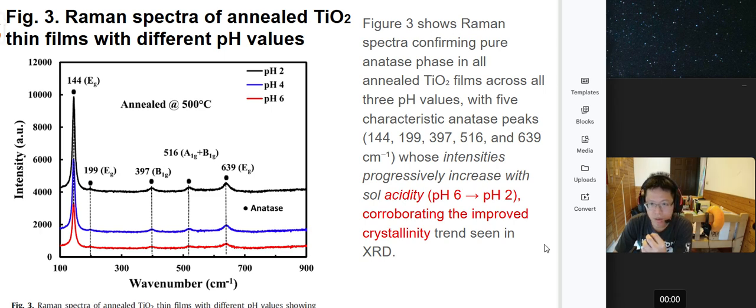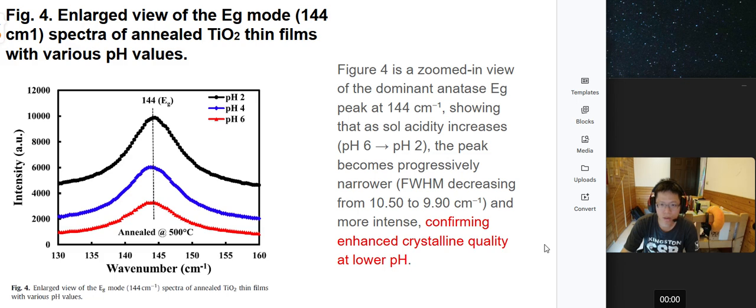Figure 3 showed that the Raman spectra confirm the pure anatase phase in all annealed TiO2 thin films, which indicates that sol acidities from pH 6 to pH 2 corroborate the improved crystalline trend seen in XRD. Figure 4 zooms in on the Raman view from Figure 3 and emphasizes the peak at 144. It shows that as the sol acidity increases, the peak becomes progressively narrower, which confirms enhanced crystalline